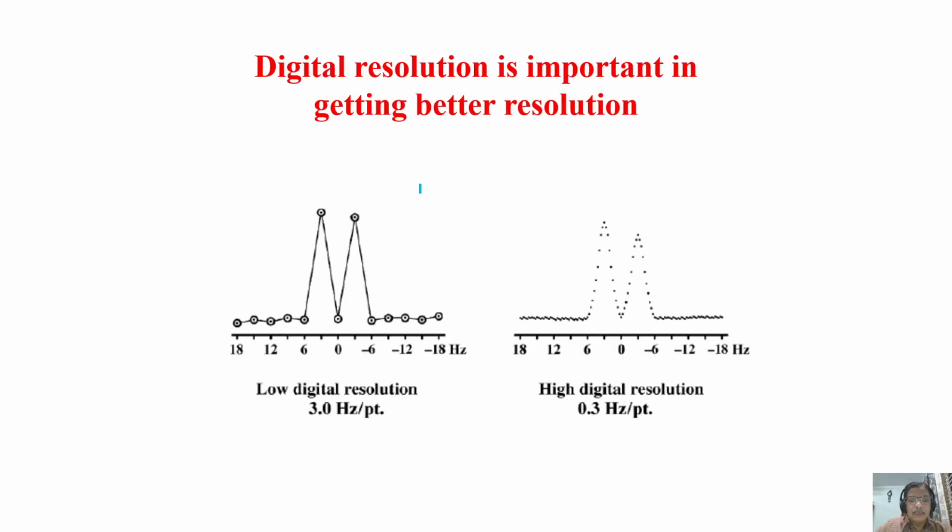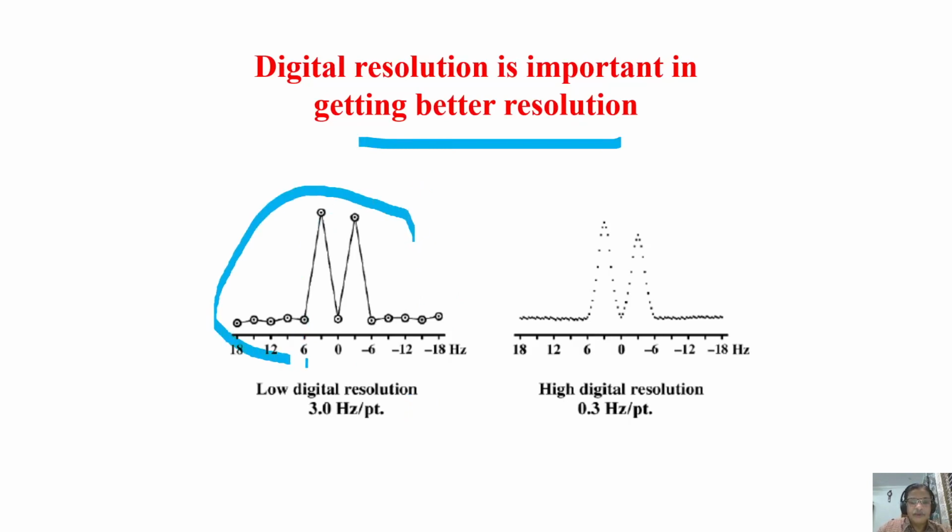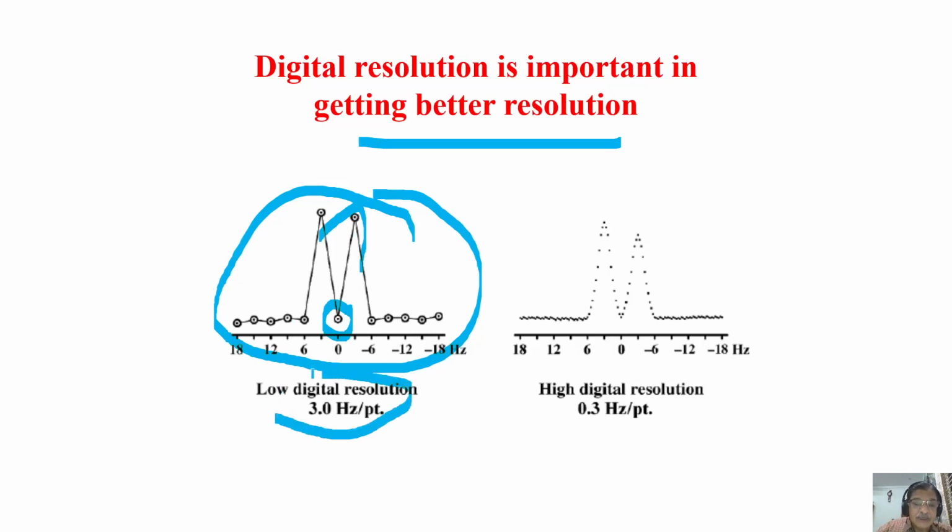See now, consider this example of a spectrum where you have two peaks which are resolved, no problem. But look at this, the number of data points here. As a consequence, you are not getting a good spectrum. Supposing if this data point is missing, you would have got a peak like this. Then you will not get resolution and you will not observe this as two peaks. You get the point. This is a situation where the hertz per point or dwell time is quite large. The resolution is poor.